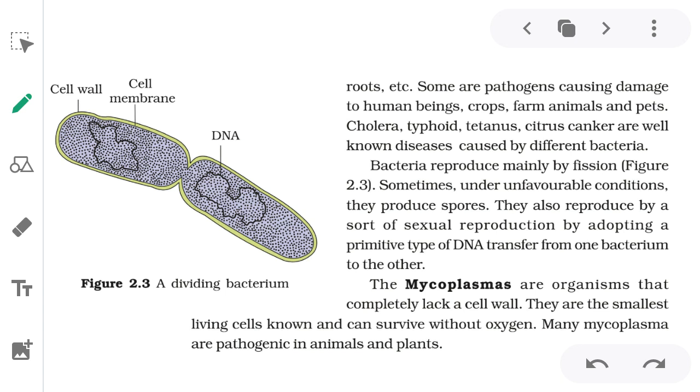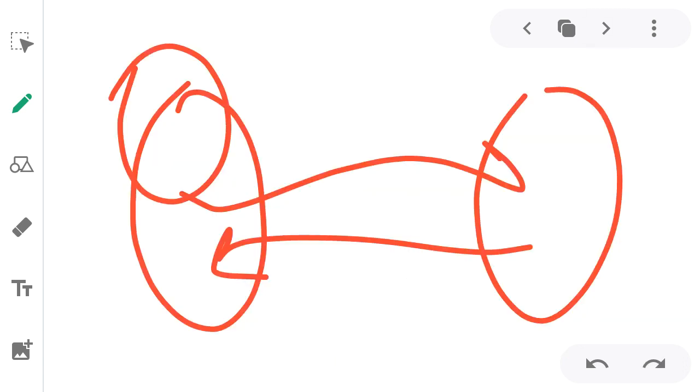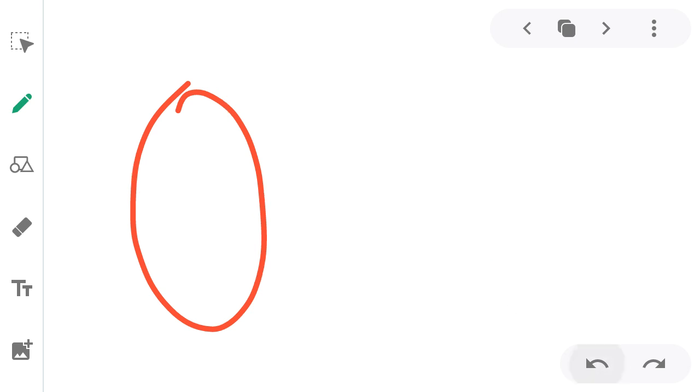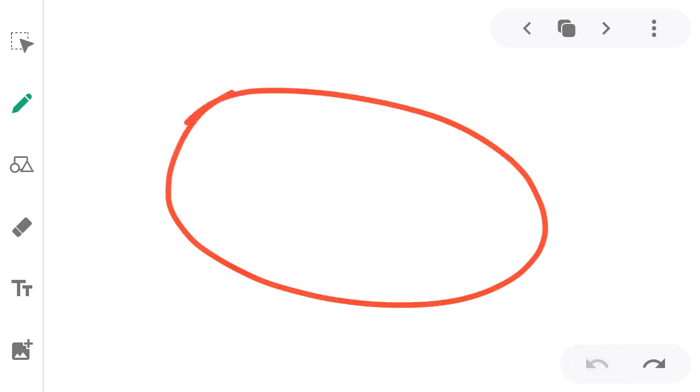Now next is mycoplasma. And what are mycoplasmas? Mycoplasmas are organisms that completely lack a cell wall. The bacteria that do not have a cell wall are called mycoplasma. They do not have a cell wall. Remember one thing, they do not have a cell wall. Suppose this is the bacterium cell, these are